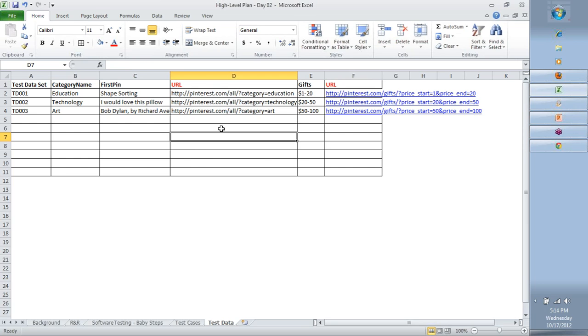Correct? And if I say that this is a gift, then that's a problem, right? For gifts, I'll use this URL. For categories, I'll use this URL. So what does it mean? That the data that I use to test is dependent on the